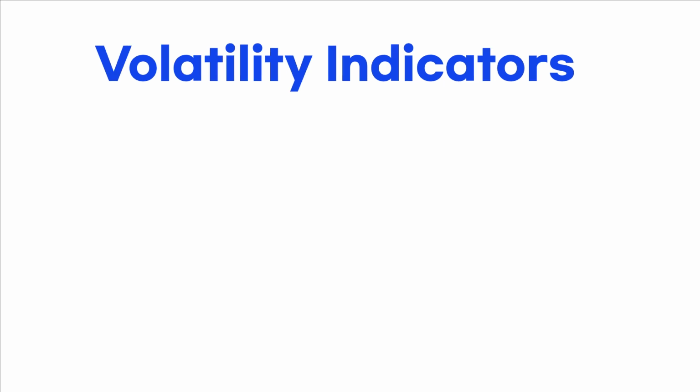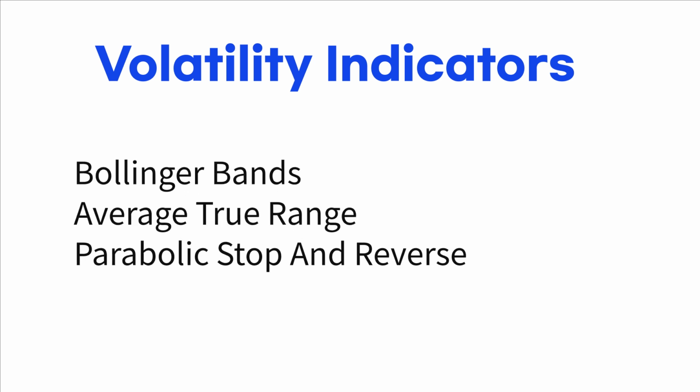Volatility indicators help us to anticipate the range of movement in prices and are useful for placing our stop losses. When a currency pair swings wildly up and down, it has a high volatility. Meanwhile, a currency that does not fluctuate as much has a low volatility. The most common volatility indicators are Bollinger Bands, average true range, and parabolic stop and reverse. We'll explore each of these in detail in our